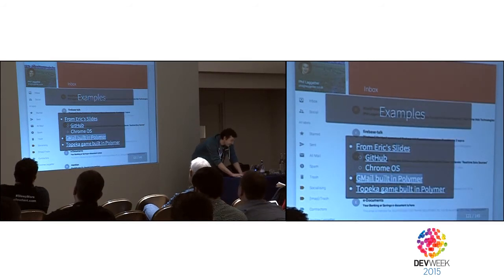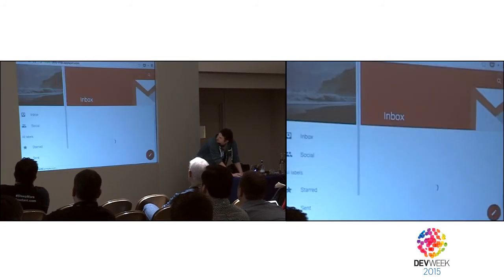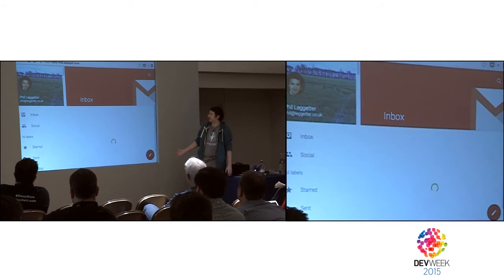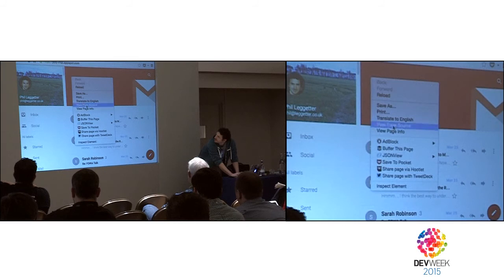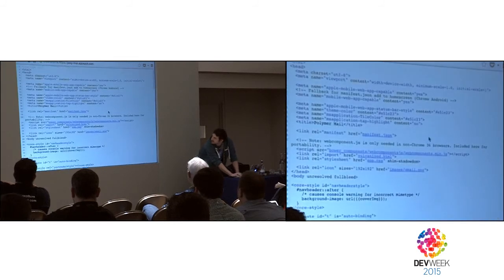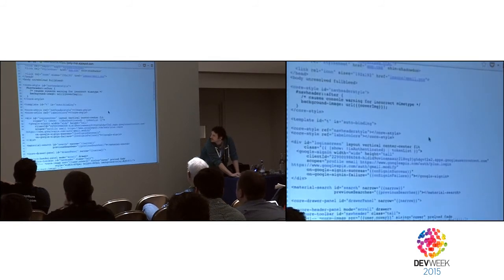There we go. So he built it using Polymer. So this is actually my email that's loading. So if you go to poly-mail.appspot.com, it'll ask you to log in, and these really are my emails. It's not fully functional, but it's Gmail written in web components, well, Polymer built on top of web components. If we view the source, it's not bad, but you'll see